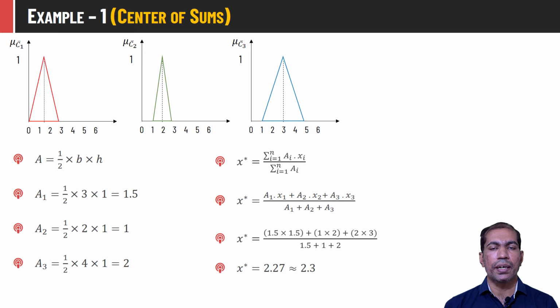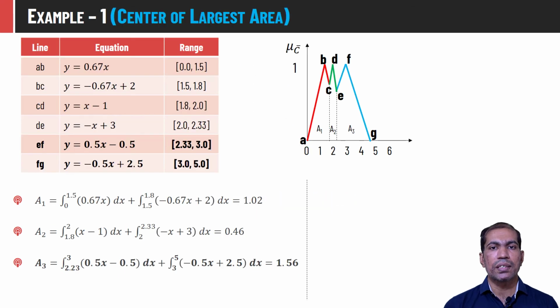of a_i into x_i upon summation of all the areas, if we simplify and solve it, we will get the crisp value corresponding to the center of sums method as 2.3, which is almost near to the center of gravity method. In the center of largest area method, we have to consider the aggregated fuzzy output function, and